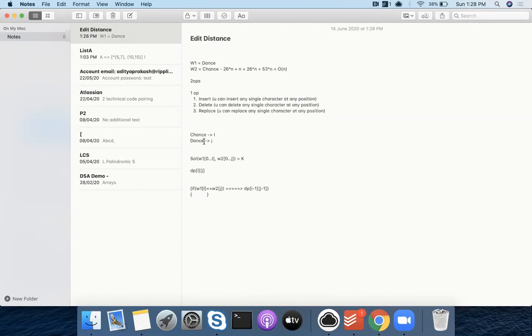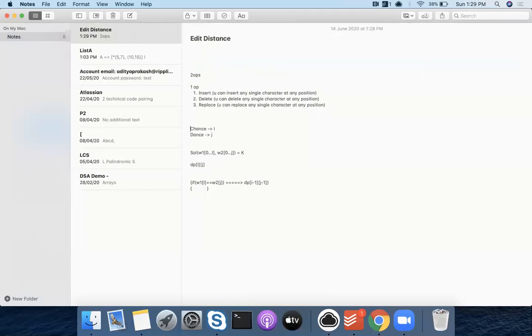let's say I try to insert and make it same. So I will do all the 3 steps. Let's say I will choose the operation insert to make it same. So E and E are same. Still, let's say I choose to insert E to make it same. So if I insert, and my word 2, let's say I'm doing all operations on word 2, right? This is word 1, as we have this word 2. And I have to convert word 2 to word 1.